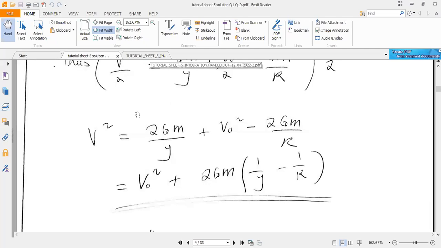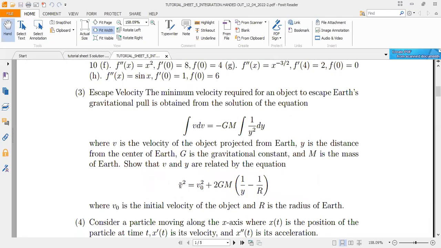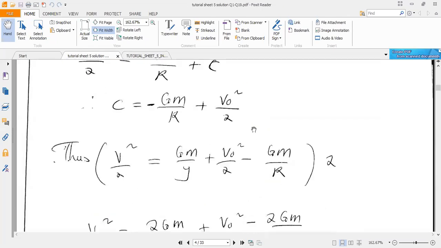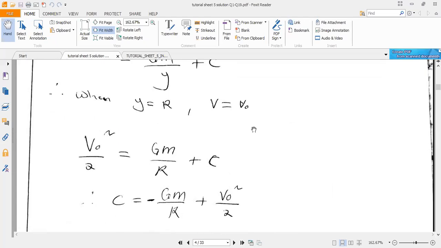So we've shown what we wanted to show. So we can say, hence we've proven that v squared is equal to v naught squared plus 2GM, open brackets, then we have those, hence shown. Then to answer the question that Mr. Alam asked,